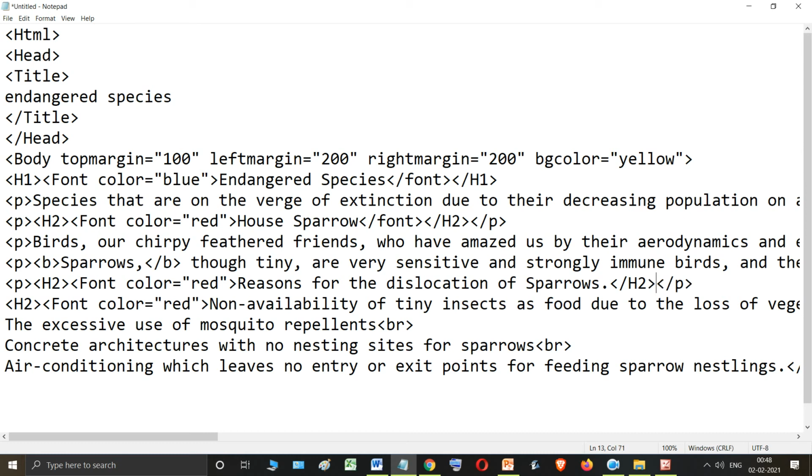H2, then the P, then H2 and font tag. The font tag over here is closed, but the same thing I need to do over here, because see this H2 and font tag, okay?